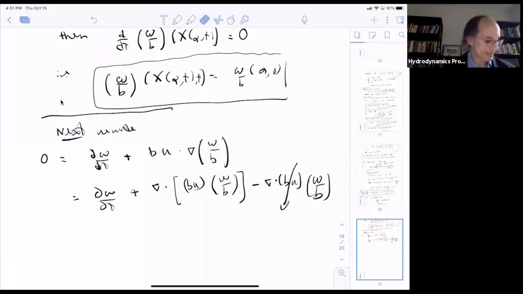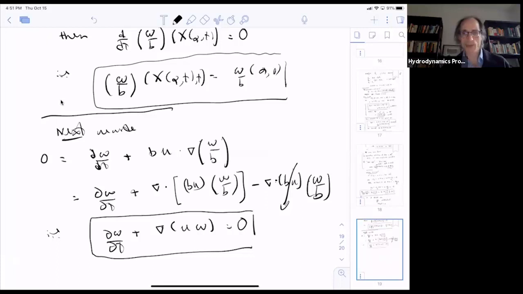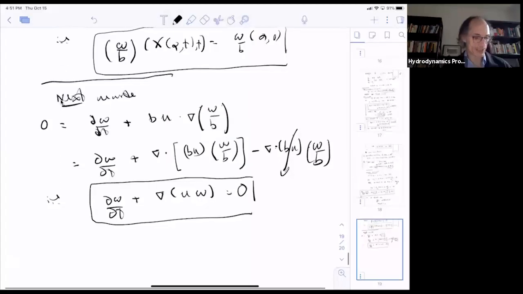So what does this say? d omega dt plus the divergence of u omega is 0. So I'm looking for things like conserved quantities that we have for Euler. And so the first thing is the vorticity is transported by the flow. I like that. The next thing is that the vorticity actually is also a